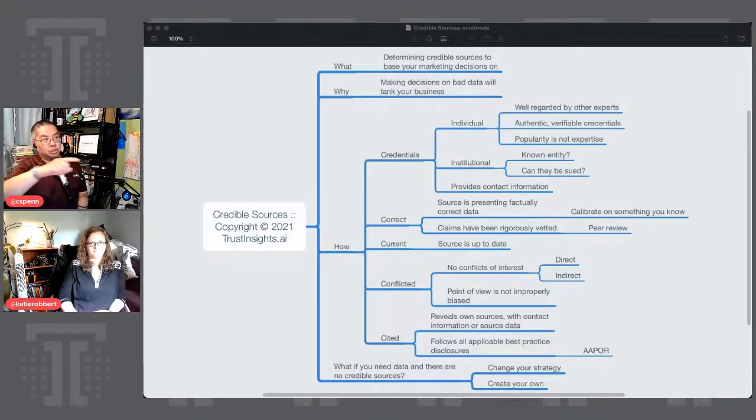If someone's tracing that research through John Wall, right? They're a fan of Marketing Over Coffee, and they see that John works with Trust Insights, you work with Trust Insights. Again, they're following that lineage. So in cases where there isn't a clear academic credential or some kind of certification, that does help.